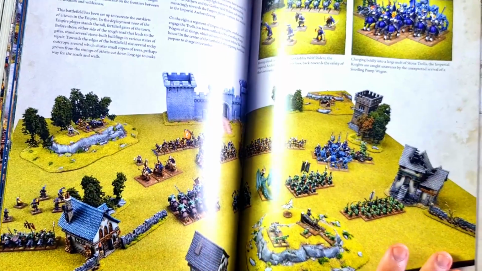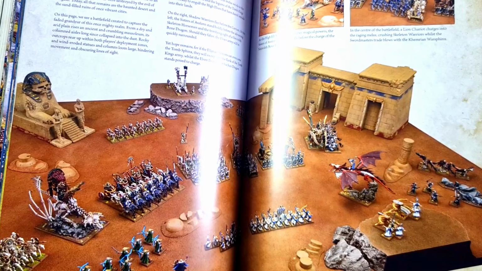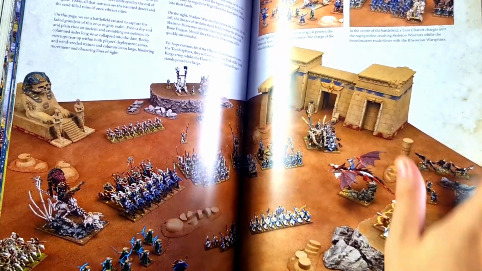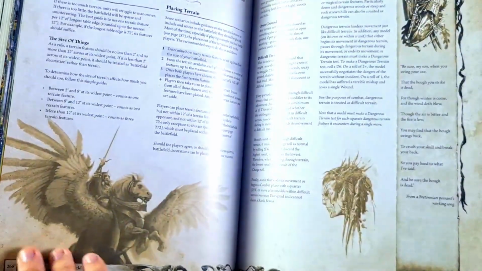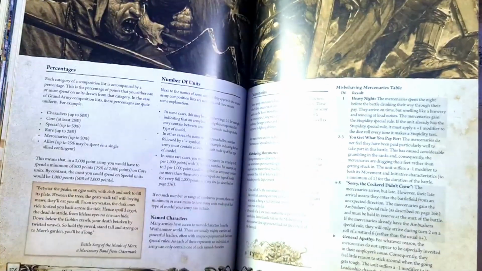Then now they show you the battlefield of each army, and wow, actually it's a good inspiration for when we do terrain also, especially look at the Khemri tower. Then now they introduce you the terrain, and here you can see they brief you how you should build an